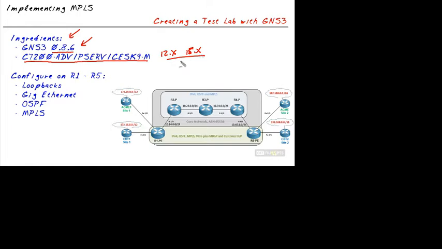So if you do have an iOS image and you're not sure whether or not it supports MPLS, there's a couple ways to figure that out. Number one, we could just try to implement MPLS on it. And if the commands don't take, that's a good indicator that it doesn't have those features. Or secondly, you could use the feature navigator up at Cisco, put your version of